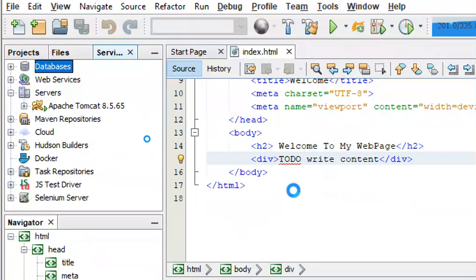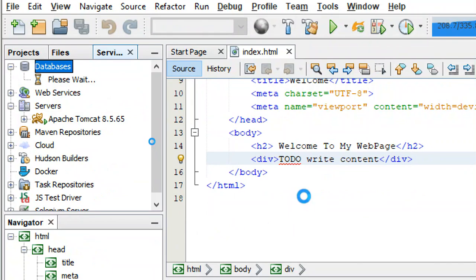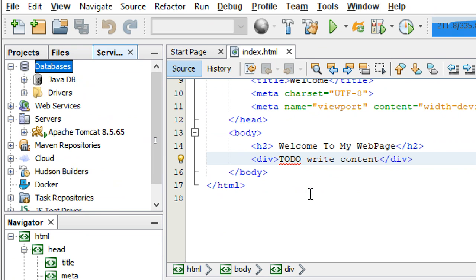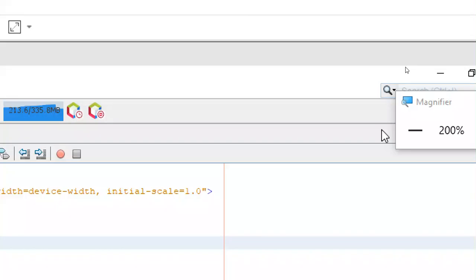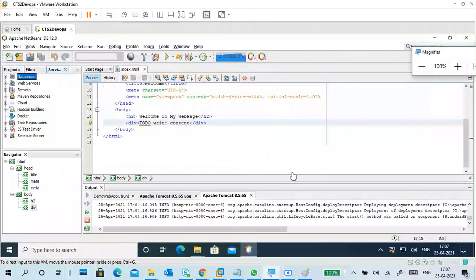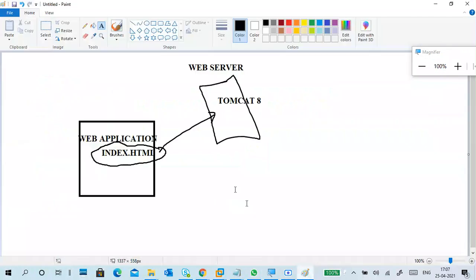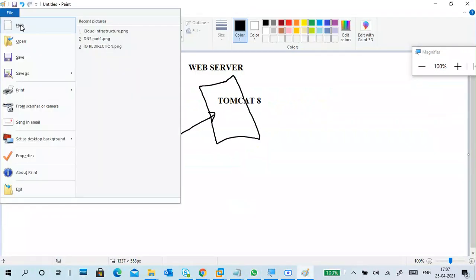So this is an IDE. Not only can we write a program and execute a program, an IDE also facilitates connecting other resources, other servers, other tools. So that's why I want to tell you about the IDE. That's the main point of an IDE.